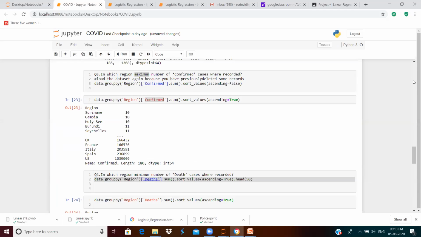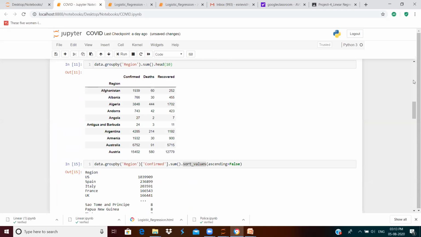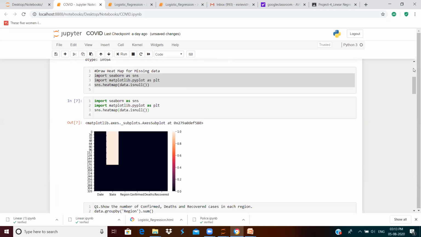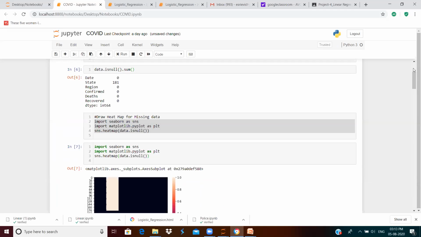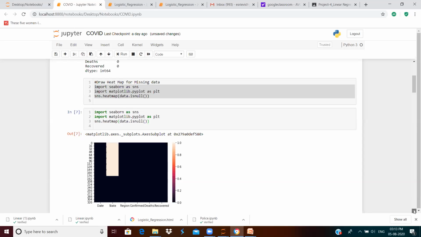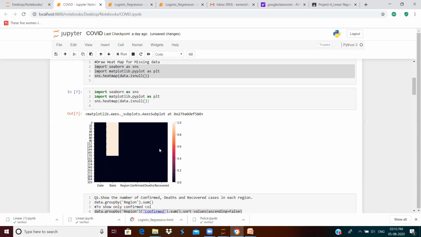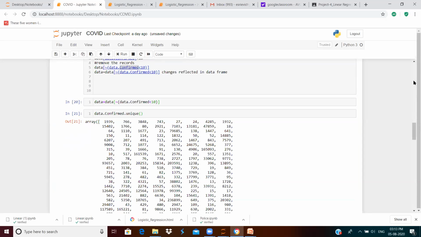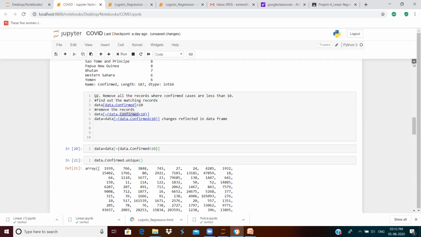Okay. So hopefully this session has been useful to you. We have completed the regression technique, and in this COVID-19 project you have seen how to visualize the missing values present in your data using a heat map. For that you need the Seaborn library, which is new to you here. And you have also learned the sort_values function.